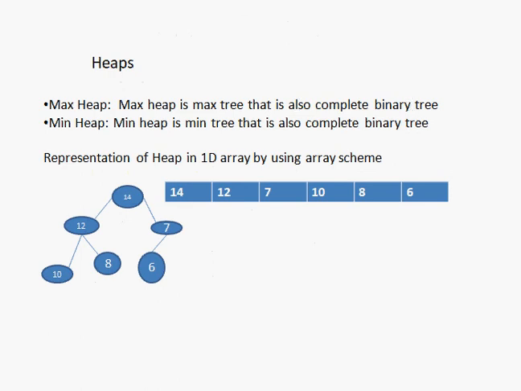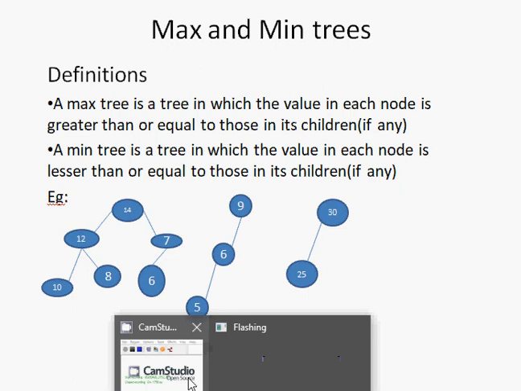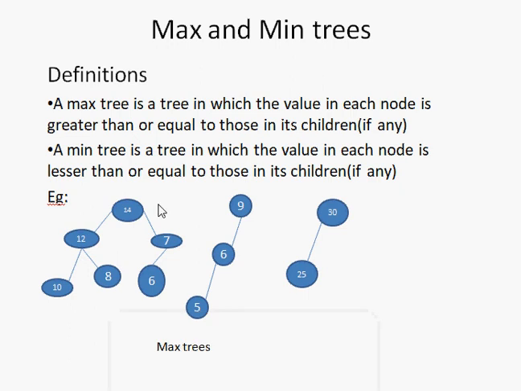Okay, so now let us discuss whether the given figure, which we had discussed as a max tree, is a max heap or not. So we look at whether it is a complete binary tree. That's the case we need to discuss. When we look at the last node with a child, we can consider a parent with one child. So this is a complete binary tree, and also it is a max heap.